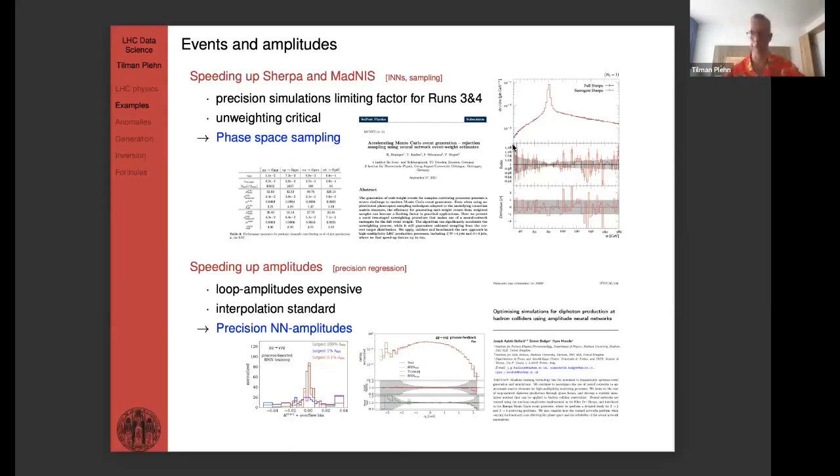If you have a 2 to 4 process, it is very painfully slow. If you have higher multiplicities, like t t-bar, and you want to calculate stuff off shell, it is extremely painfully slow. And then you do 2 loop, and then you die. It is super hard to calculate these amplitudes at high loop level analytically every time. So our hope is that we can speed up this kind of evaluation with neural networks.